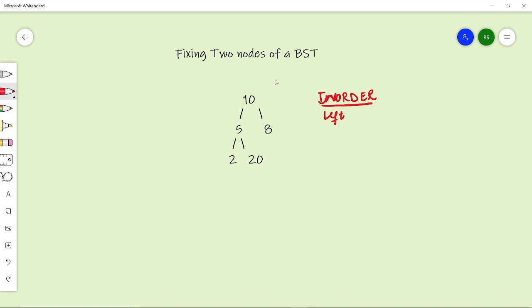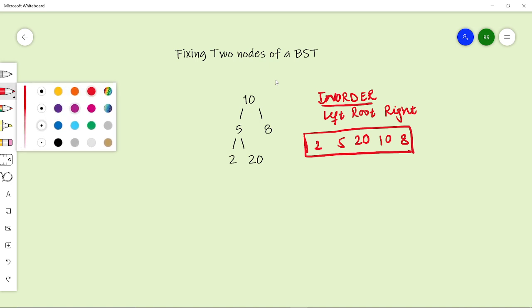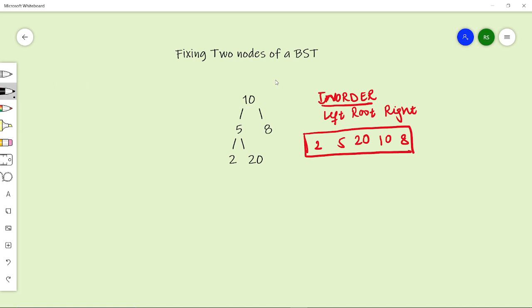Left, root, and then right. So let us generate the in-order. So in-order would be 2, 5, 20, 10, 8. Is it sorted? No. And let us generate the in-order for the correct BST.